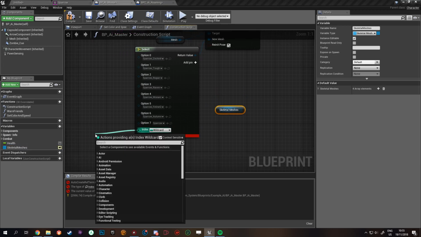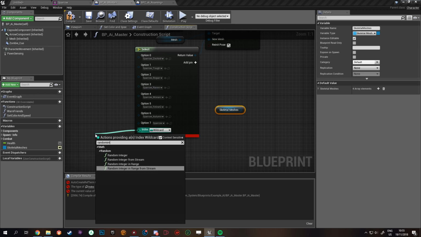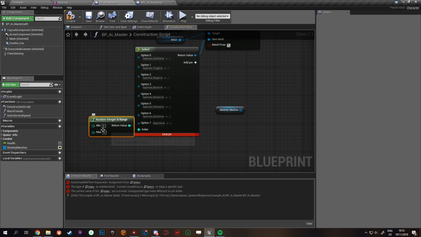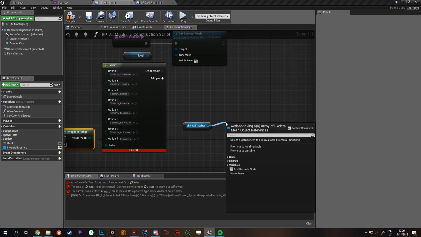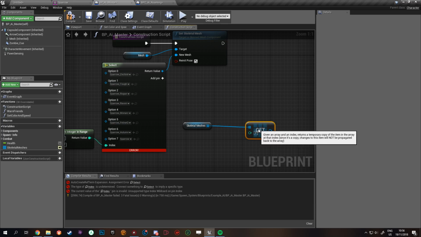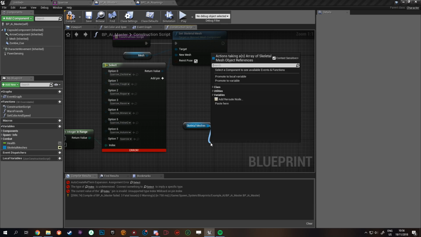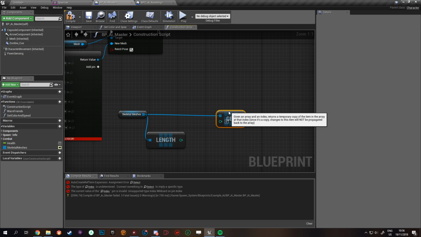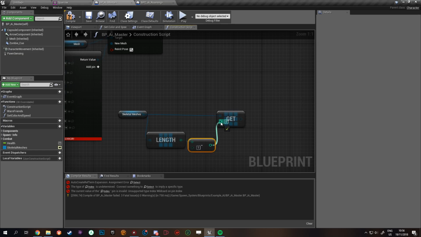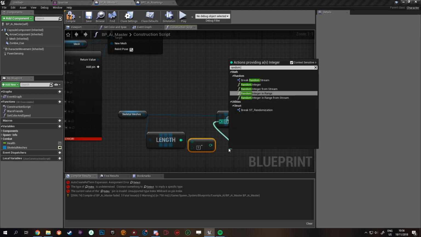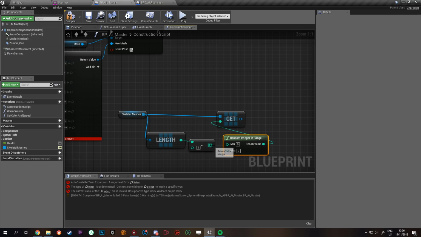And so here we do random integer in range from 0 to 7. So it's going to pick a random number from 0 to 7 and feed that into the set skeletal mesh. And here that would work mostly the same. You're going to get a copy. You'll get the length of the array minus 1. And then random integer in range, and then the maximum is going to be the length minus 1, because the